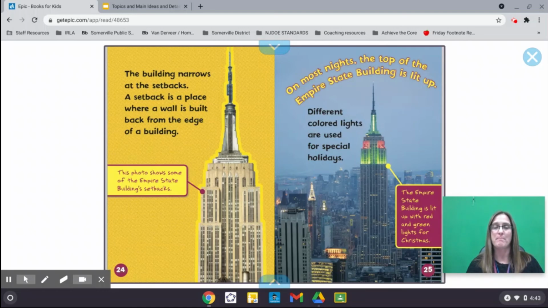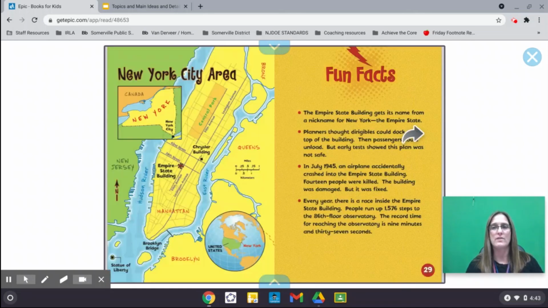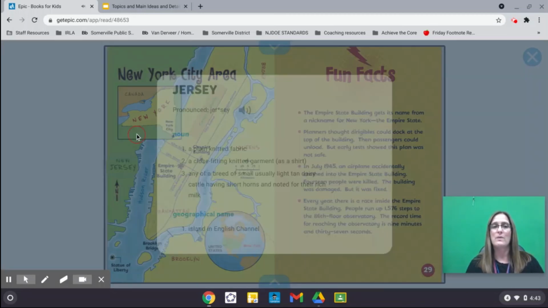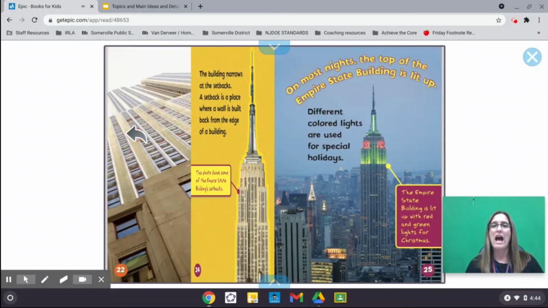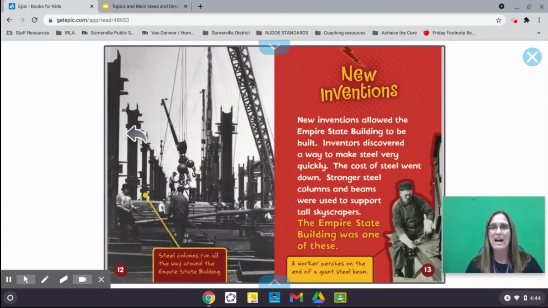Now, the Empire State Building looks complete. You can even see the different lights on the outside. Still standing tall. Yep, the Empire State Building, we know, is still standing tall in New York City. And there's a map of New York City and some fun facts. So as a reader, I already skimmed and scanned the book and have an idea of what the main